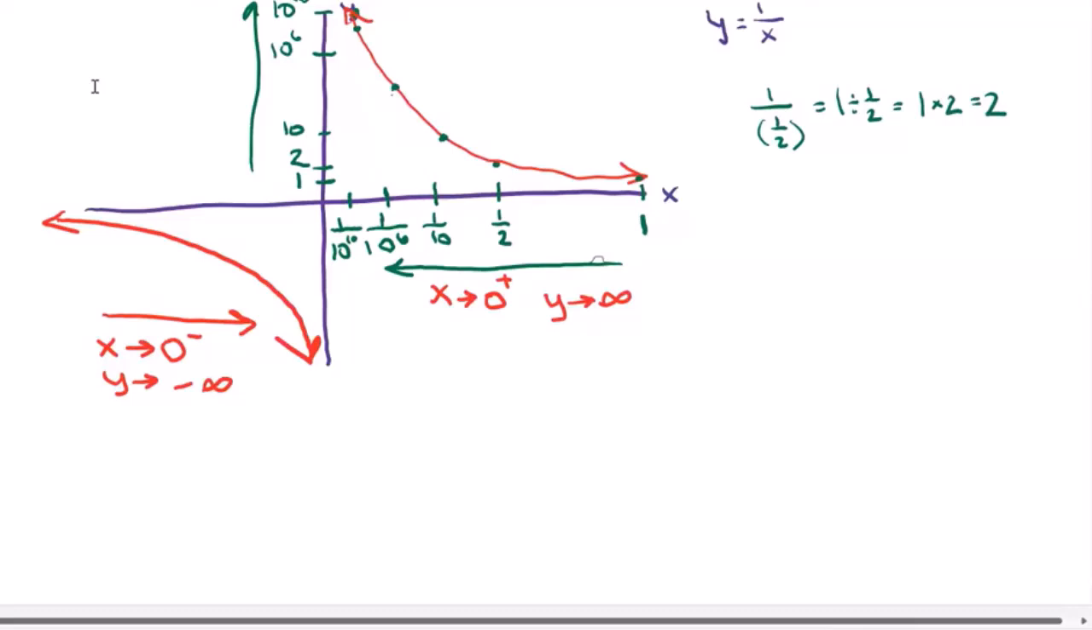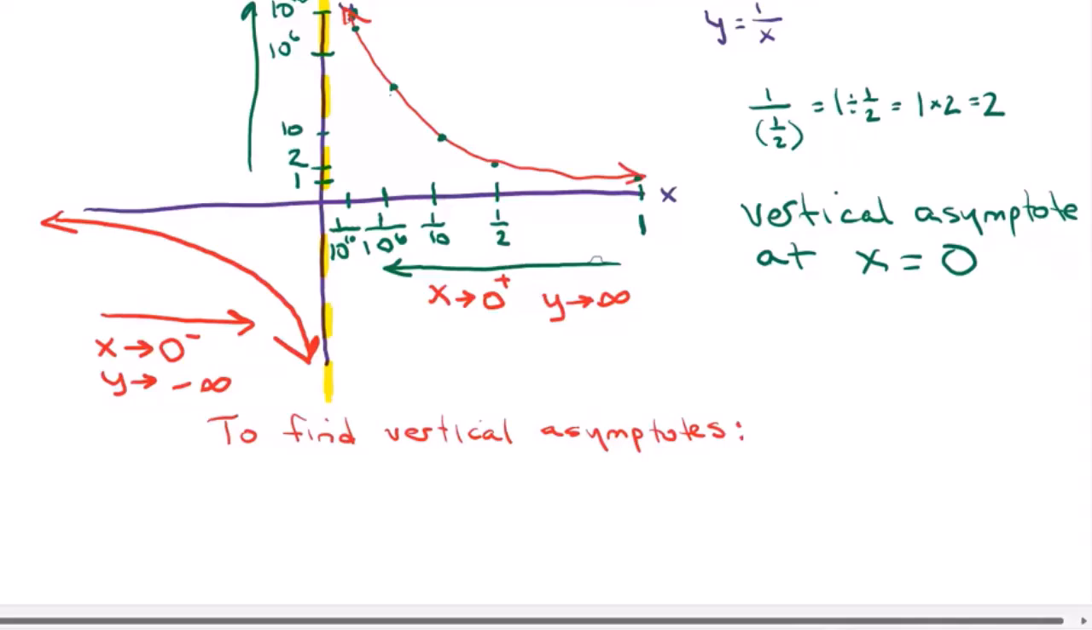And let me finish by saying that means we have a vertical asymptote, and it's really just a broken line. We have a vertical asymptote at, and remember I said it's a line, so it is at x equals 0. Okay,